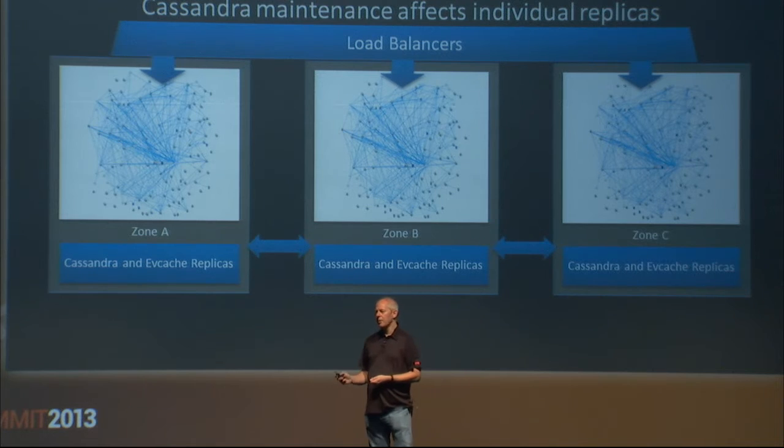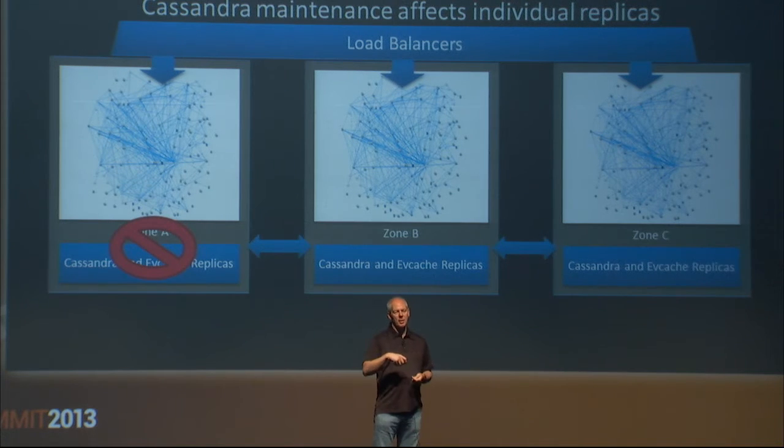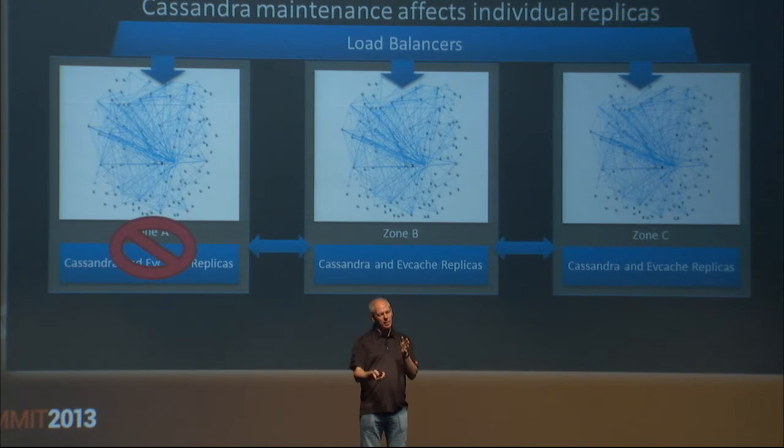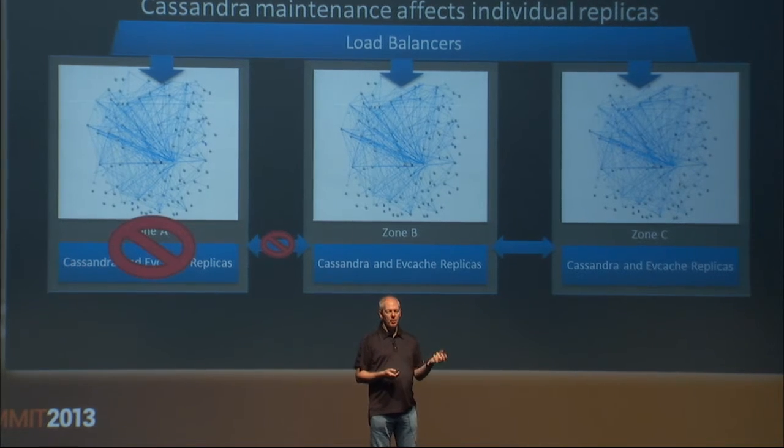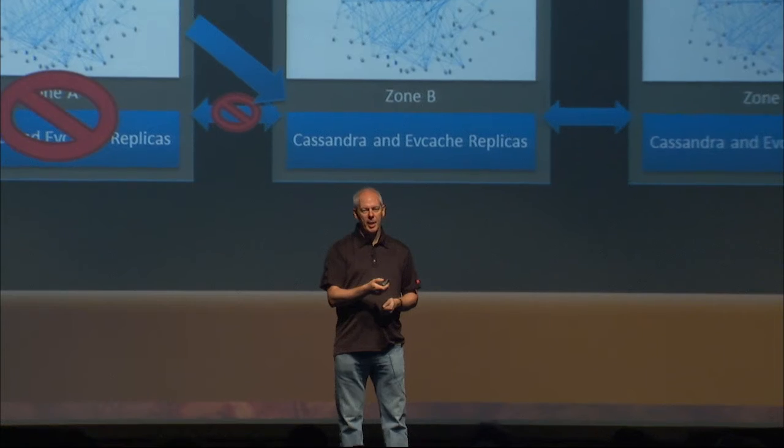If you're maintaining Cassandra because you're updating an individual instance, the replica of part of the data in one zone will disappear. Those machines in that zone won't be able to pick up the copy of data in that zone, which they preferentially talk to because of the lower latency within zone. The replication stops working because that one Cassandra node is being updated to a new version or something. In that case, all of the instances in that zone will talk across zones to pick up copies of the data. That's what happens whenever an individual Cassandra node drops out of gossip and is unavailable. So that works fine.